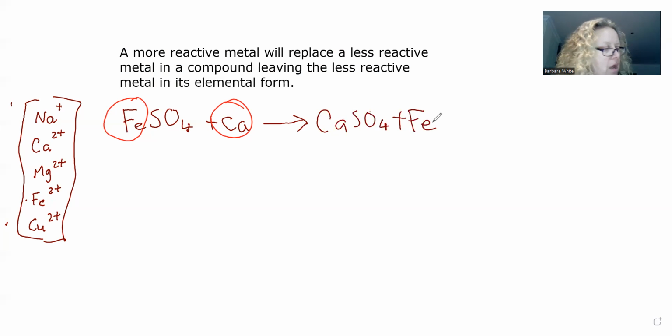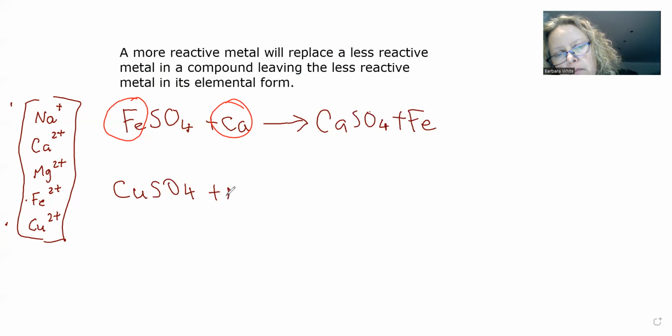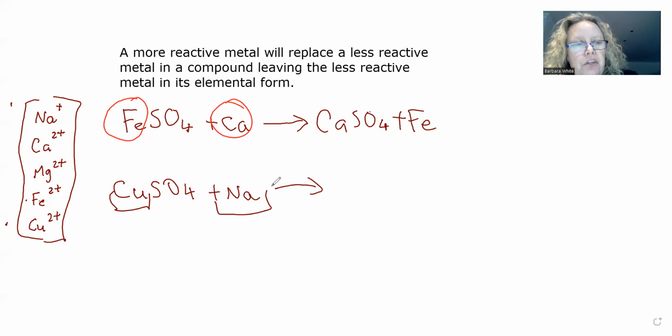So here's another example. You've got some copper sulfate, and you want the copper. So you look here, where's copper? And you go, we'll get something more reactive, like sodium, for example. And these two metals are going to swap places, right? So I've put the charge up here for you so that you can write the name of the salt. Sodium's only got 1+, sulfate's got 2 minuses, so I'm going to need 2 sodiums. So we're going to have to go sodium sulfate